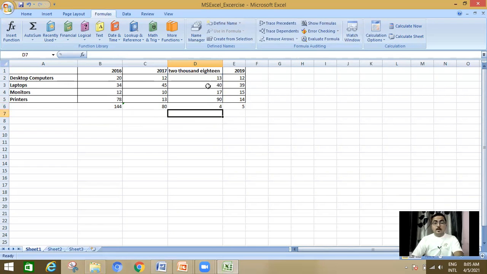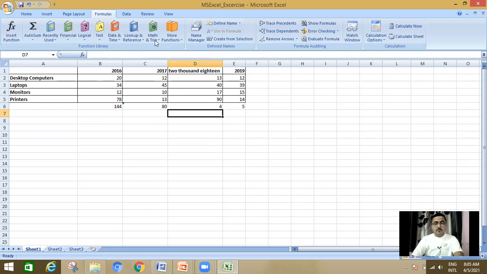Although I have given the range from D1 to D5, it counted only the numeric values, 1, 2, 3, 4, and wrote it over here. But if we want to count all the cells regardless of their type, then what is to be done? I have to use COUNTA.